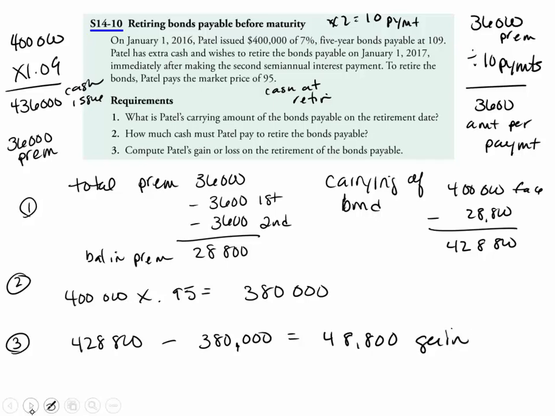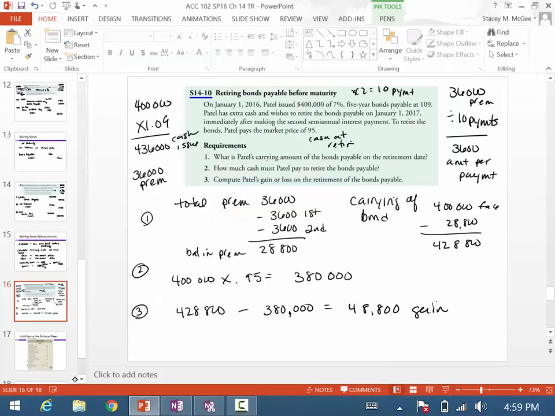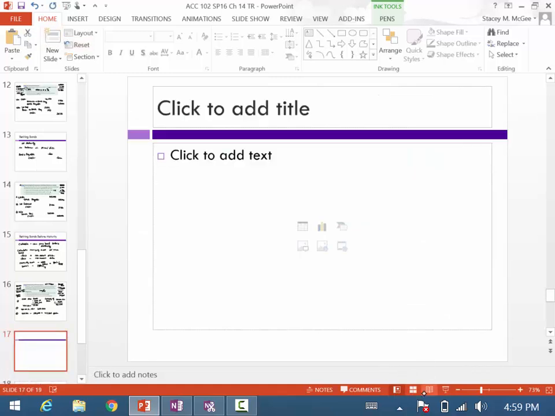I'm going to add one little slide in here, just a blank one, because the problem related to this seemed to give my in-person people the most trouble. So just to show you